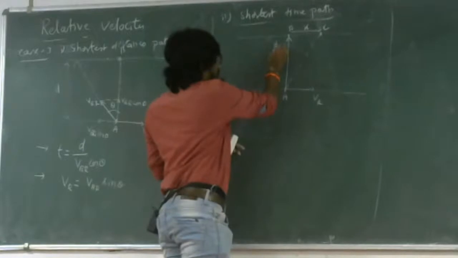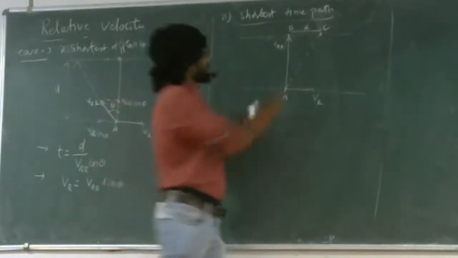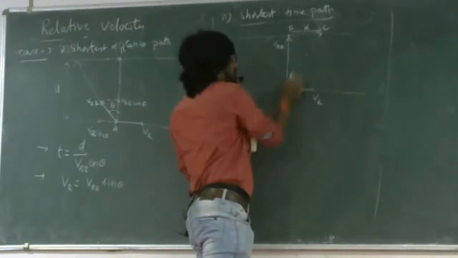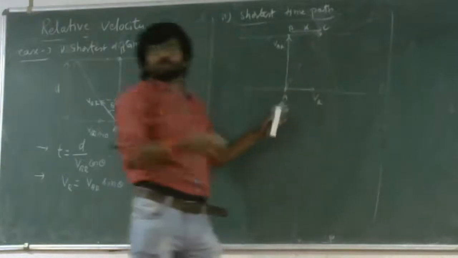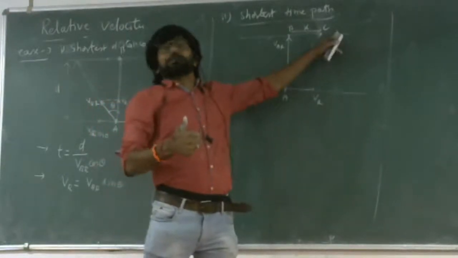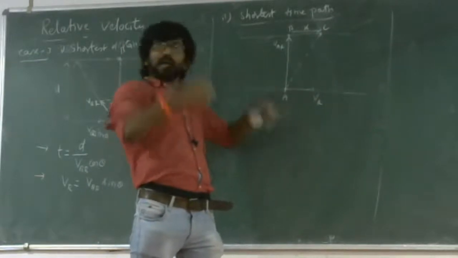this is the velocity of the boat with respect to river. This is the velocity of the river. So the resultant will be this one. The velocity of boat with respect to ground will be in this direction, because the boat velocity with respect to river and the river velocity are both adding up, this plus this